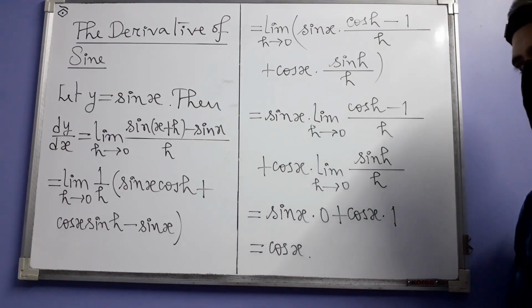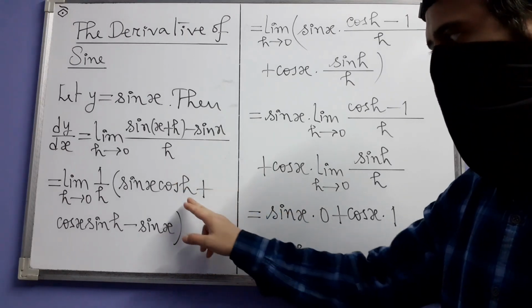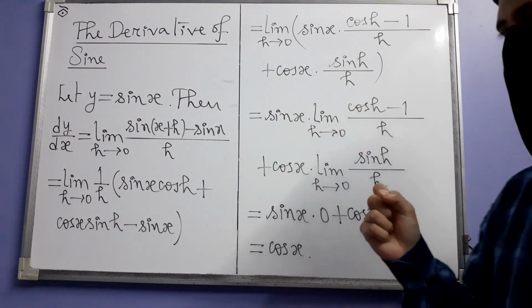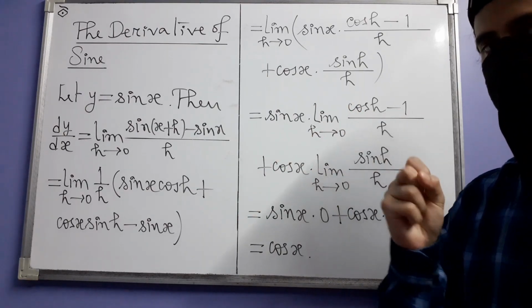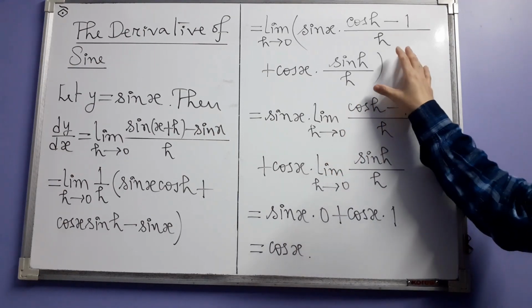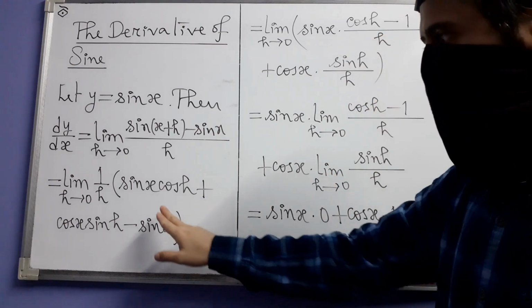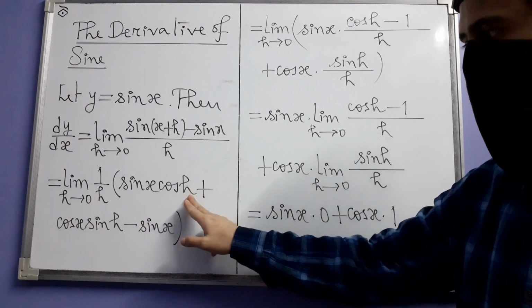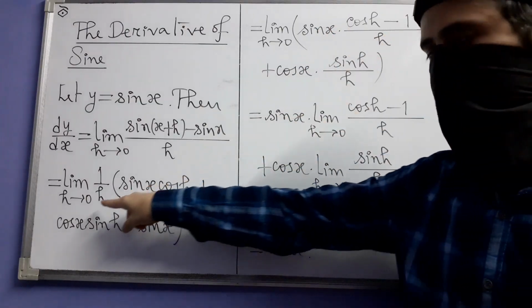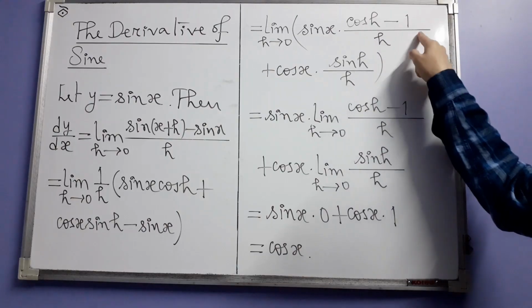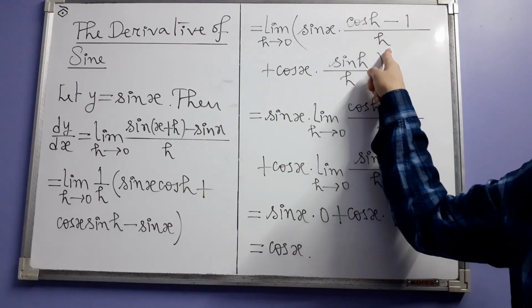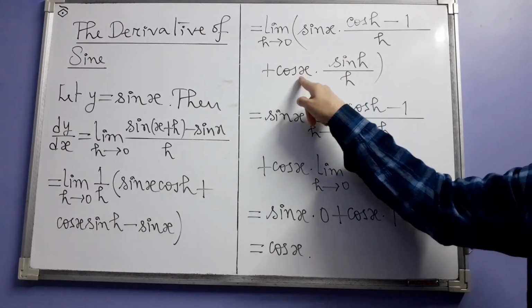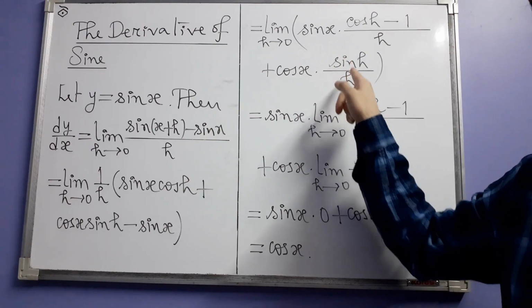Now next what we do, we collect those terms which have the variable h and put them together. Not all of them, of course, can be put together at once. It has to be done a little carefully like this. So we take sin x common out from the first and last term. That will give us cos h minus 1, and then we also have divided by h. So we have written that h here as the denominator. And then in the middle term, we kept cos x separately, and then we wrote sin h